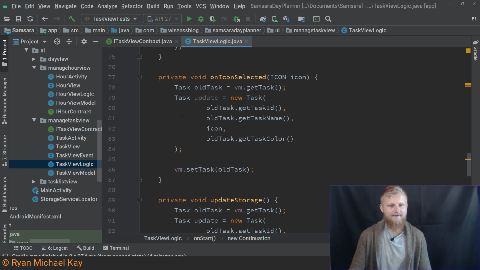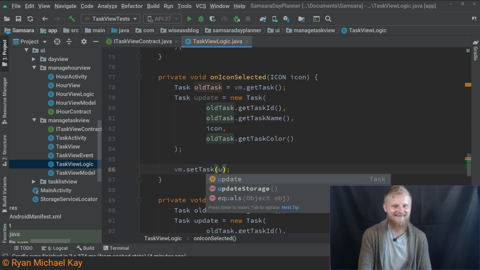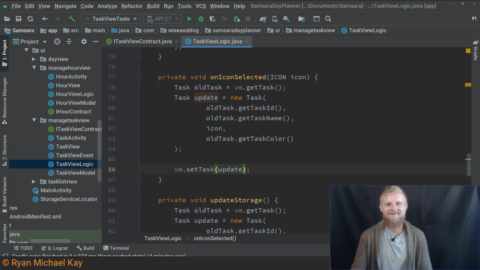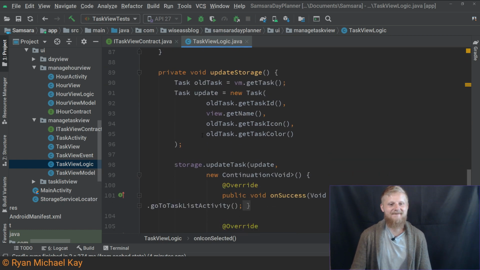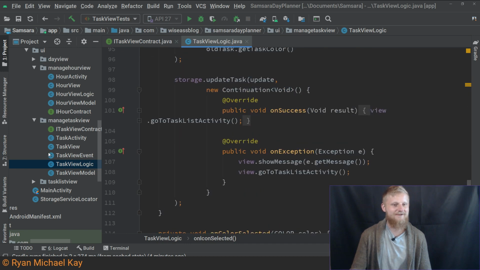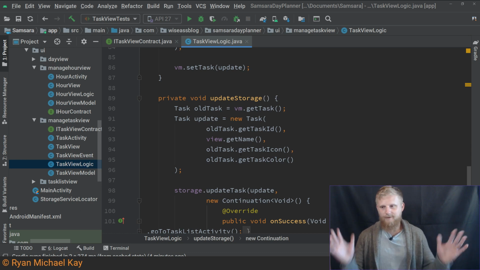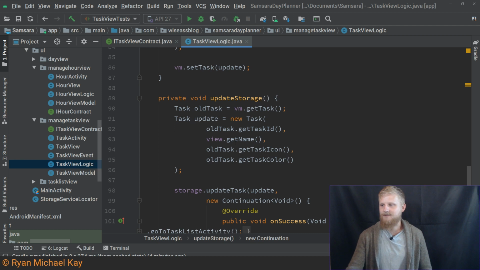And I think I saw an error here. So I think that should be update. That was handy. That's actually amusingly one of the drawbacks of my current testing approach. Anyways, I'll just kind of ramble and I won't get into too much detail here